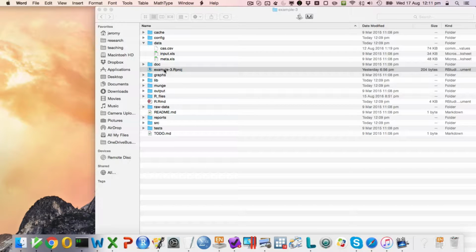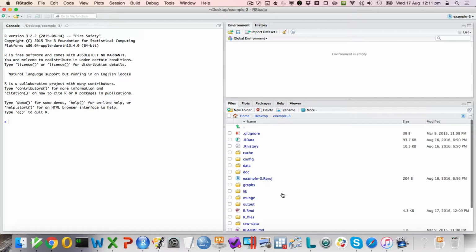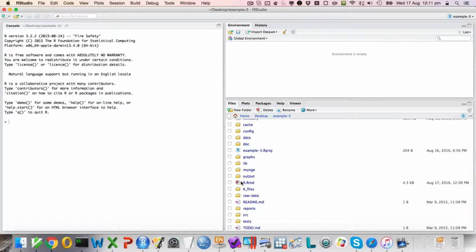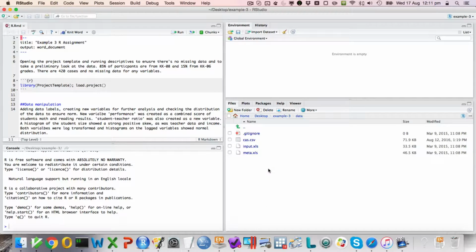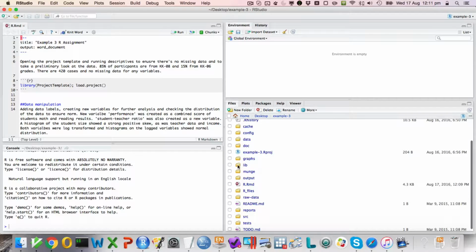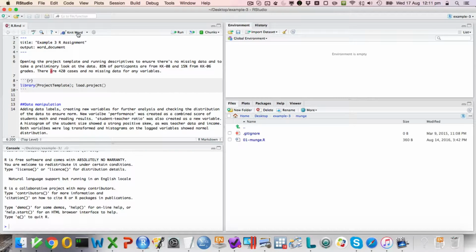Okay, so this is example 3 of debugging RMarkdown and ProjectTemplate. In this example, you've stored the RMarkdown file in the home directory, so that's fine. And we've got the data folder, we've got the CAS file, and we've got some data manipulation in here, so that's all looking good. And if we go to knit to Word,